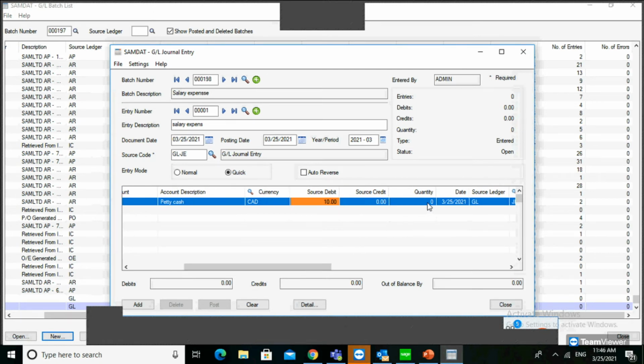If you are maintaining the quantity, normally we are not maintaining it. If you are using the inventory module, you are not maintaining the quantity. If you are maintaining the quantity, you can keep it from the general ledger here. Also from here you can see it.